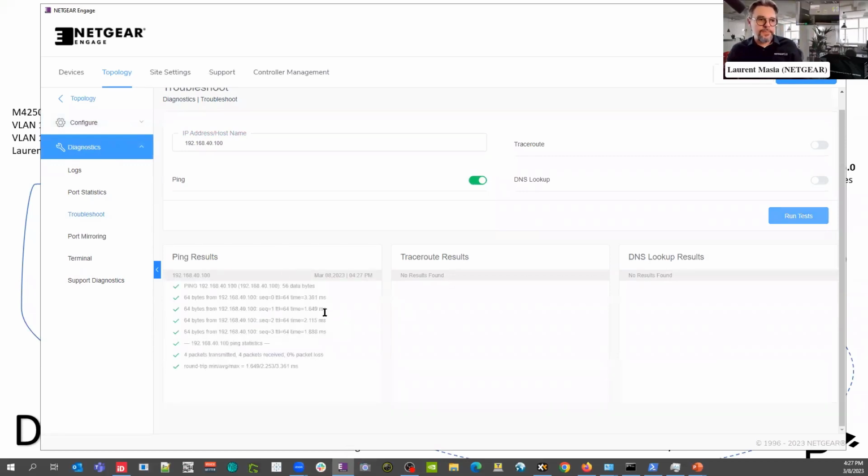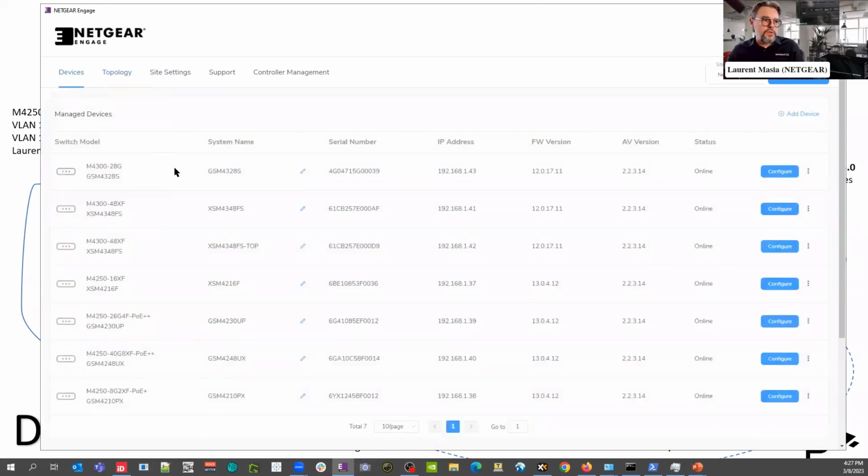So on the core switch, we do have an interface on the VLAN 40, so definitely we should ping the 40.100, right? So diagnostics, troubleshooting, 192.168.40.100. Let's ping this camera. And from the core switch, it will work. As you can see, the core switch can ping, but again, we can ping because we probably use the VLAN 40 interface. So now what we can do is to control from the other VLANs, because you cannot do it